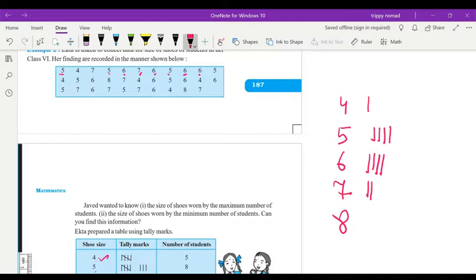Then the first row is completed. Now I am going to switch to the second row, that is 4. I will put a tally mark here, then 5 in the column of 5, but I will cross, so I will make the group of that 5. Okay, after 4 you have to show the 5 in one group.